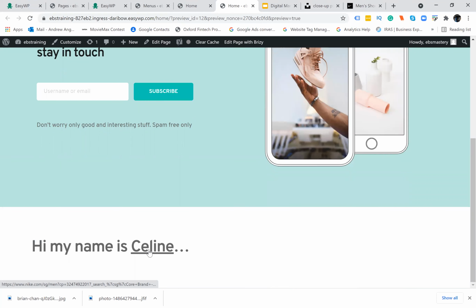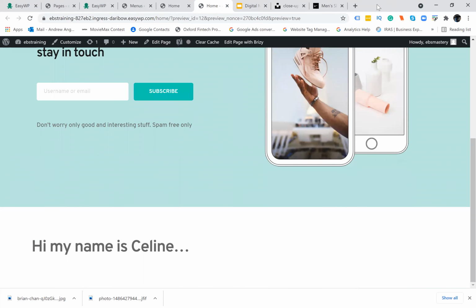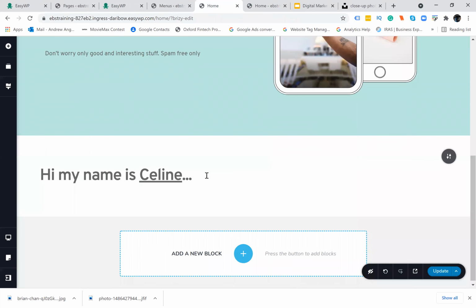You can see there's this underline name. So when I click on it, it will bring me to the Nike website. So that's a function of the hyperlink. I should do that. Then